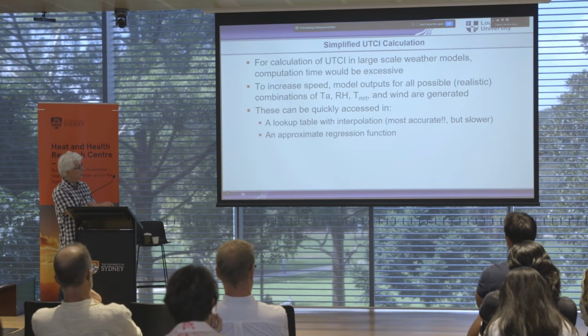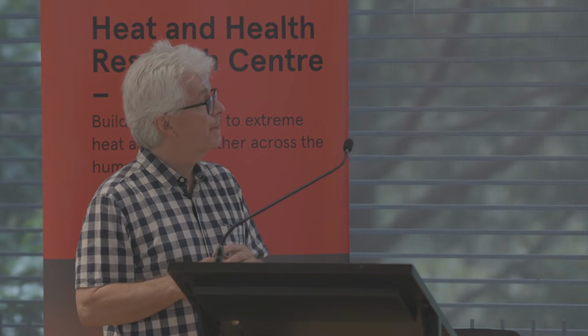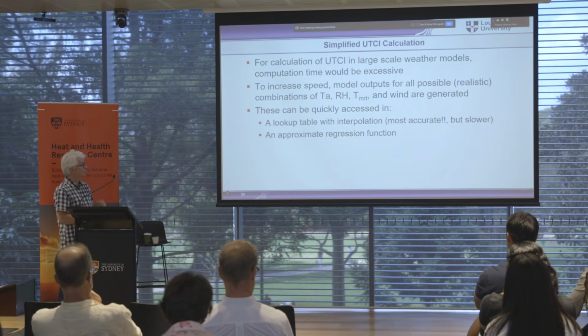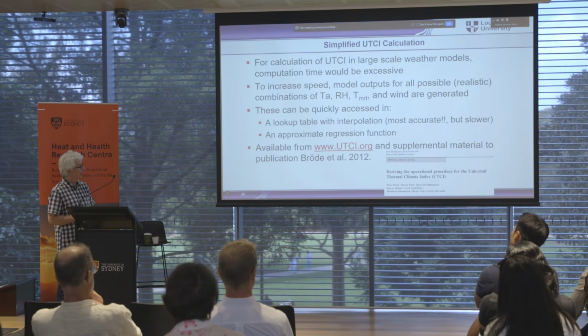Now, Peter Bröde also came up with a regression function for it, which is a very, very long equation, but of course you only push that once into Excel or whatever you use, and then you never see that anymore. Unfortunately, if you want to capture that whole database into one regression equation, even if I forgot how many parameters there are in there, there will be some areas where this goes a bit nuts. For example, at very high wind speeds, you get deviations between these two of like 6 degrees Celsius, which I personally don't like. So if you have the computer power, work with the interpolation, otherwise use the regression function. And you can get this equation and database right there.